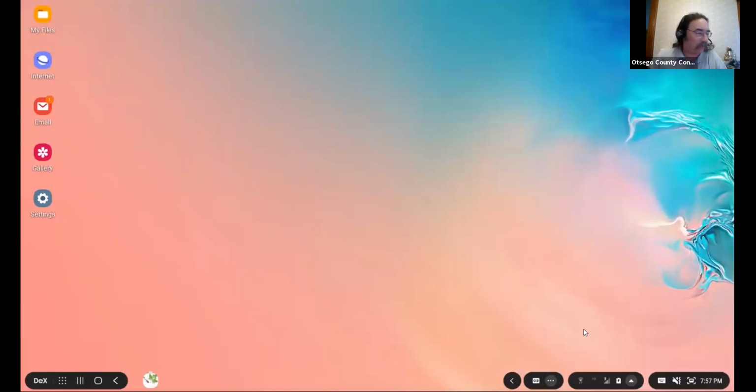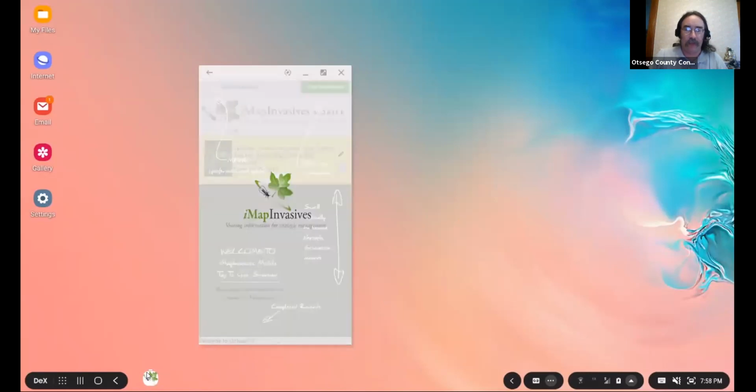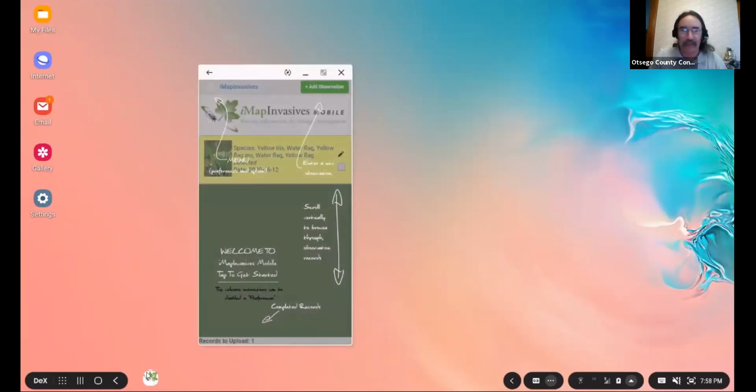But anyway. So Leanne, did you get to the point of downloading the iMap app now? Yeah, I did. I created my account and started doing stuff from your PDF that you shared in the email. Great, that's perfect. So then we don't have to review any of that. If you have your phone handy, you can open up the app, and if you've logged in and everything, this is what you should get when you open up the app.